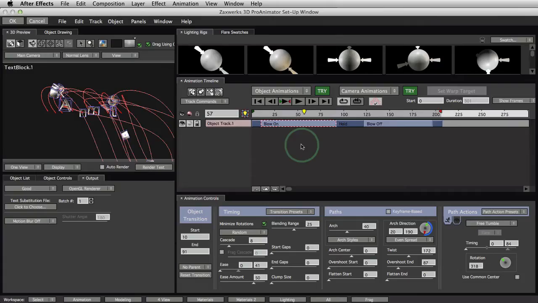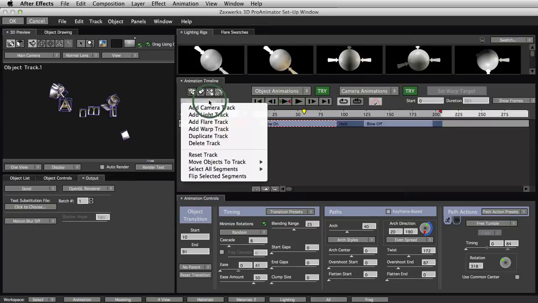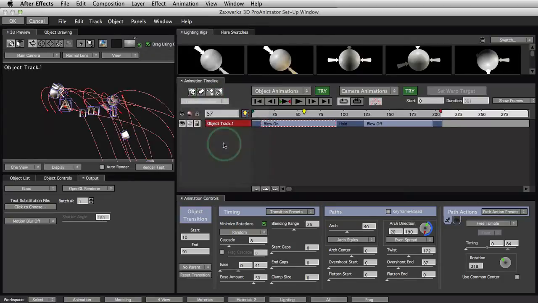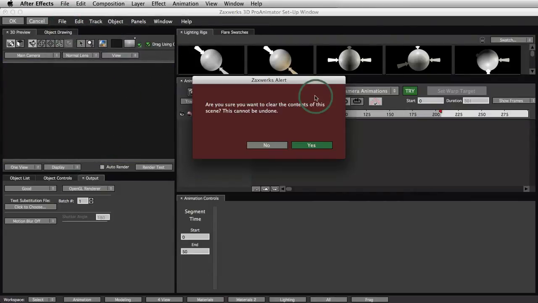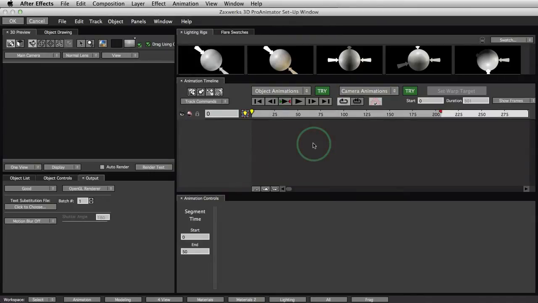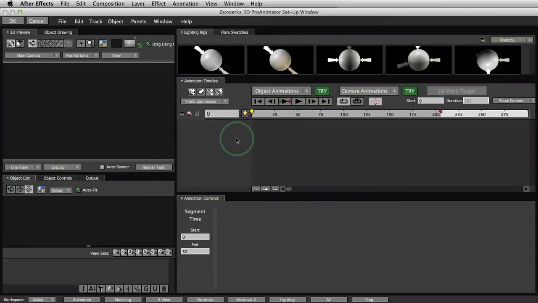If you come in here, go into your setup window, what you can do is click here on this track, and then under track commands, use the delete track command. It'll ask you if you're sure, and you say yes indeed. And at this point everything's deleted, your tracks are gone, your objects are gone. The other way of doing it is to go in here and do new scene. And when you do new scene, are you sure you want to save this? Yes. And there you go. Now the entire scene has been reset, including all of the materials and things like that have been reset as well.